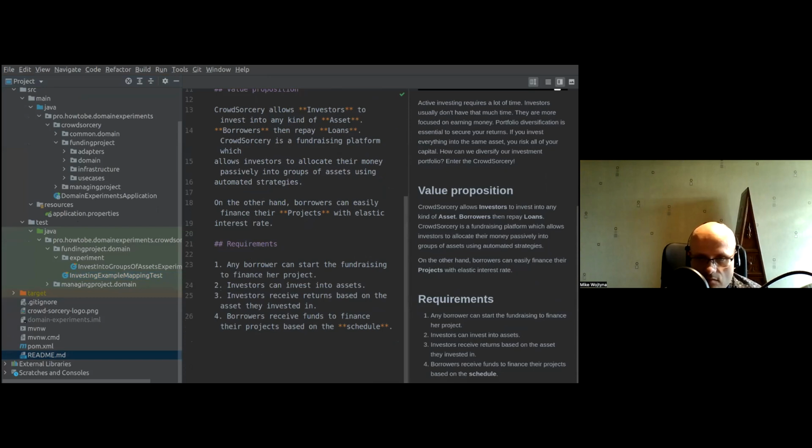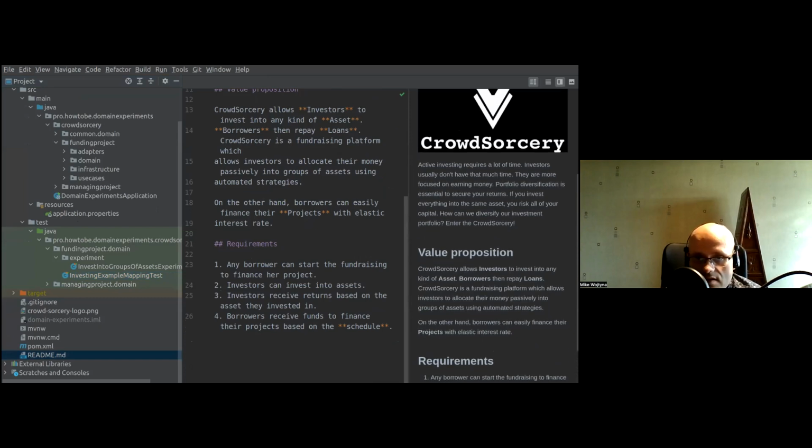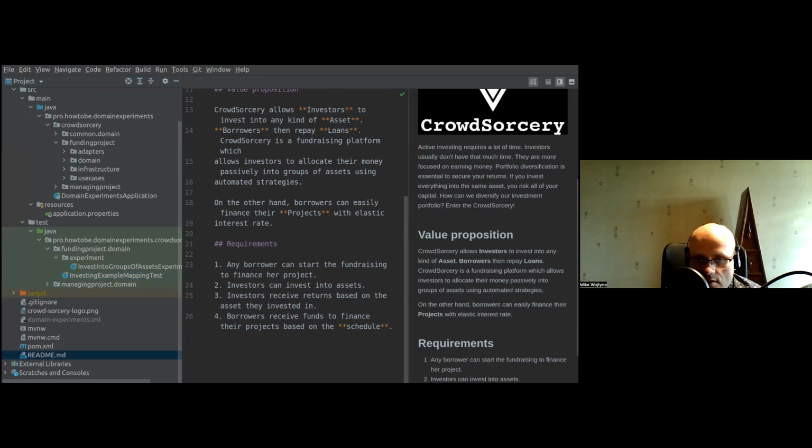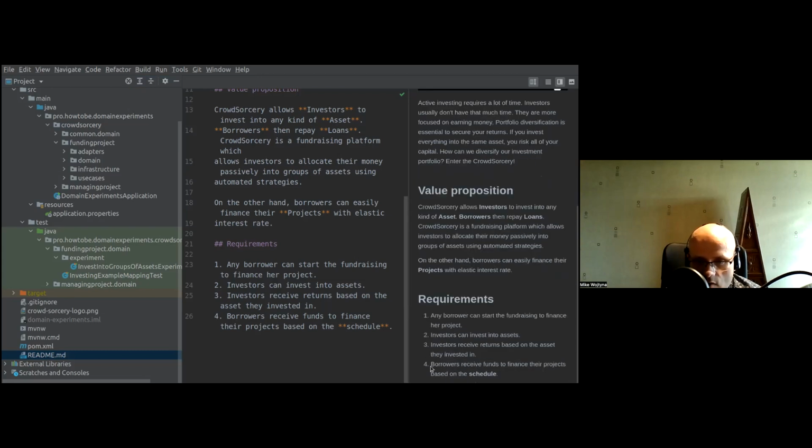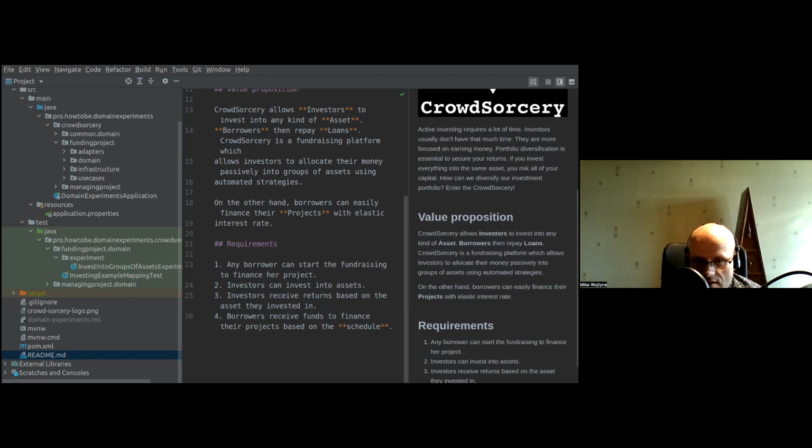So there is a naming which can be bad. But what's important is that this requirement not necessarily goes in a line with value proposition. So you can see that based on the requirements, we created just the platform which allows investing into concrete projects. But in fact, in value proposition, we see that